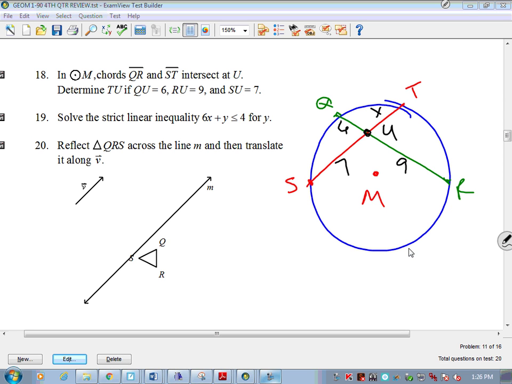This is a pretty easy question, but it's not one that we've spent a lot of time doing. I don't know how many of you remember this, but the product of the segments is equal to each other. So 6 times 9 is equal to 7x. We would find x by taking 6 times 9 divided by 7. 54 divided by 7, right? The answer is about